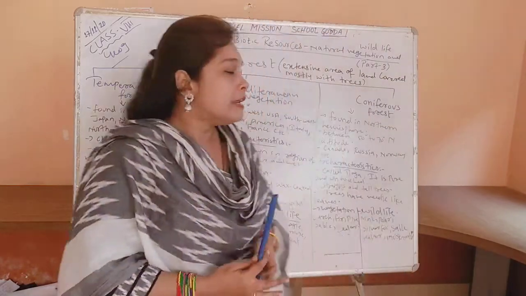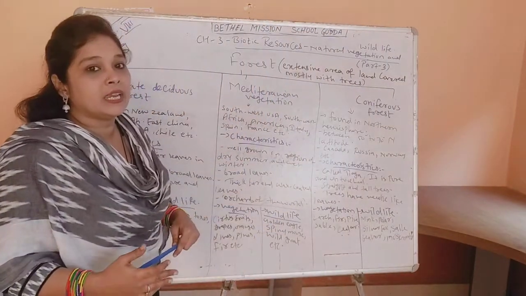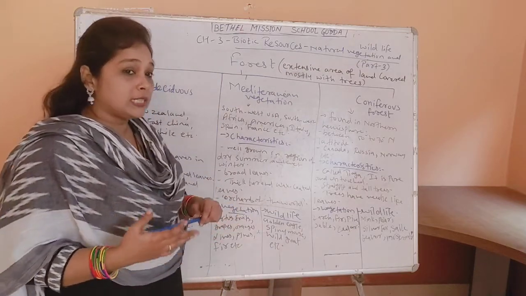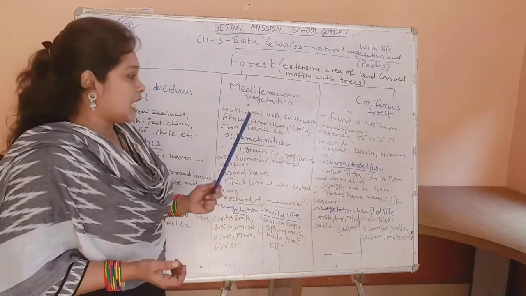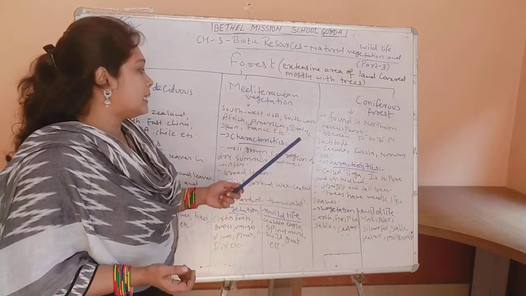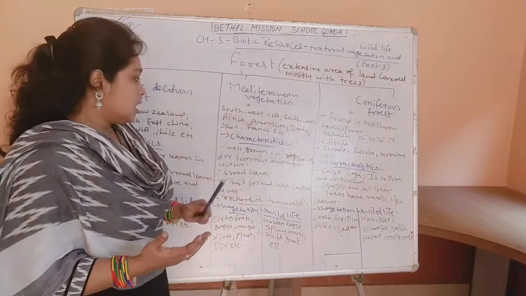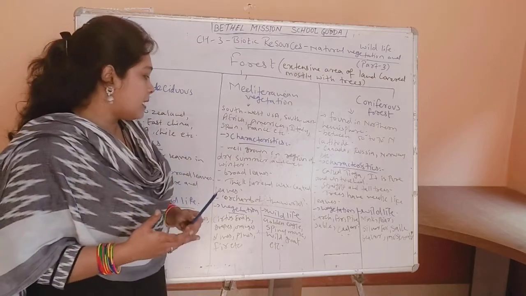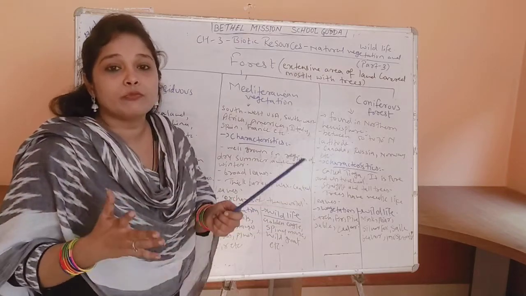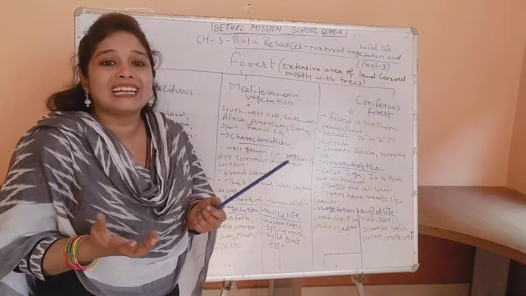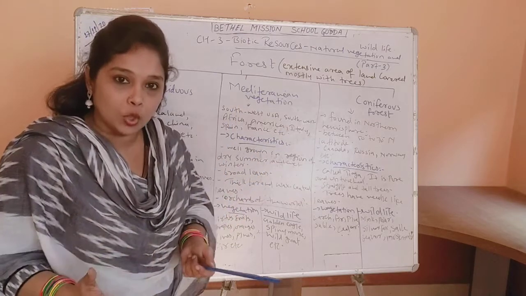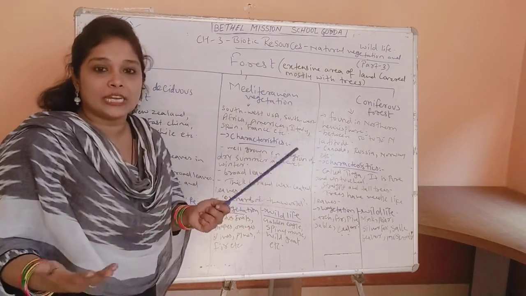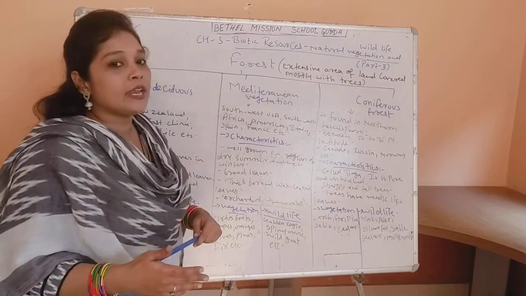Now moving on further, next one is Mediterranean vegetation. This particular vegetation or forest can be found in Southwest USA, Southwest Africa, Southwest Australia, Italy, Spain and France. Now when we talk about the characteristics, it can grow in the region where we have a dry summer and wet winter. That means it requires a wet winter and dry summer. It requires a hot climate and it also requires a cold climate, both for these types of forests to grow. It can be found in the Mediterranean places. That is why it is also called Mediterranean vegetation.